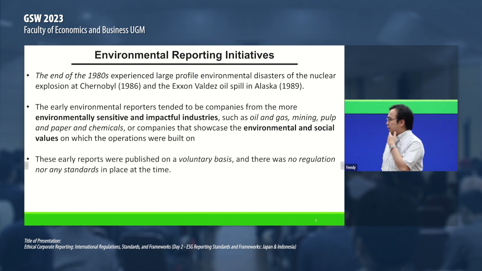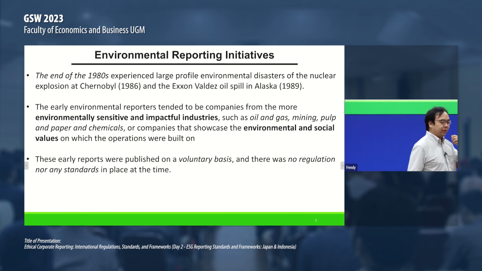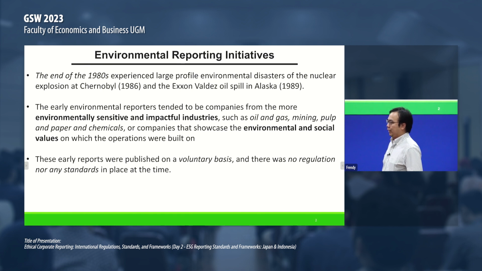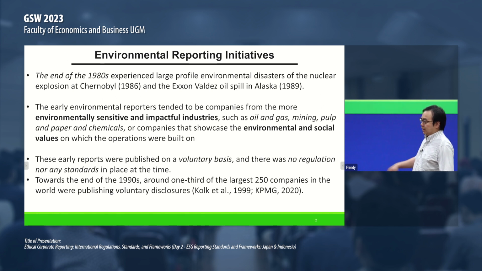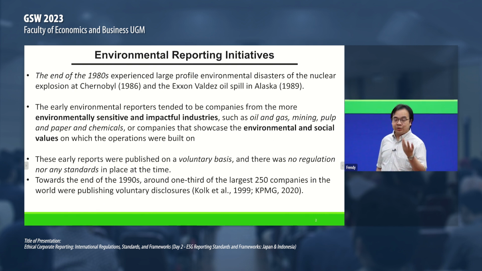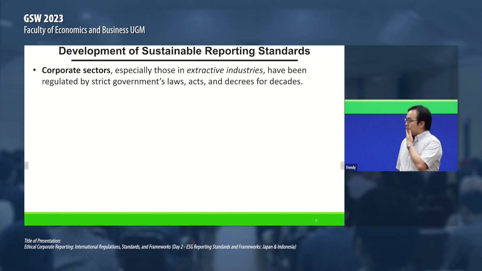And that continues until the early 90s. And another characteristic of this reporting on ESG is that it was all voluntary, okay? Because there was no pressure from stakeholders to require corporations to regulate them. So towards the early 1990s, this is the statistic, okay? Only a third of the largest 250 companies voluntarily published information related to their non-financial information. And this is the situation, right?